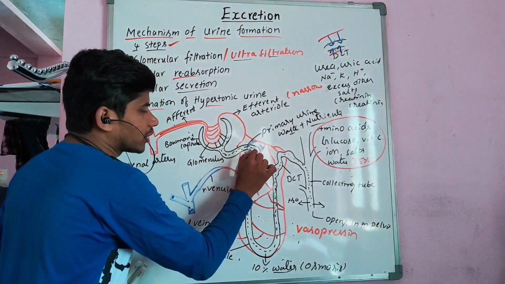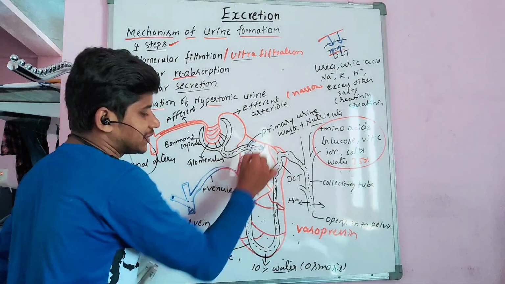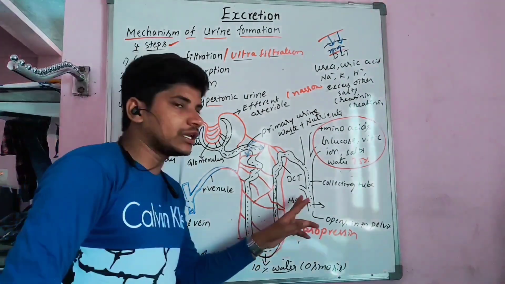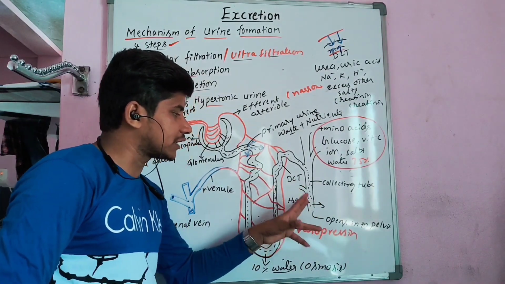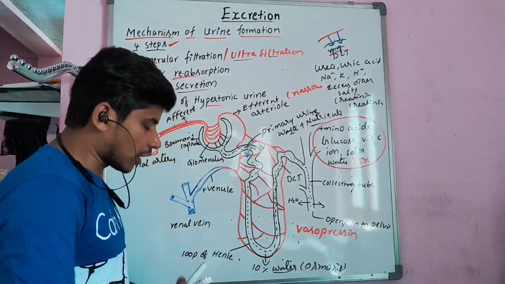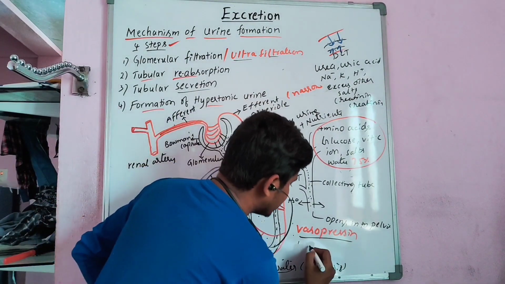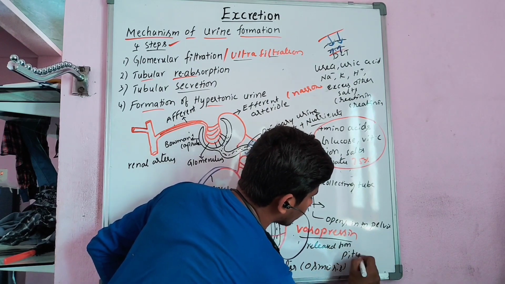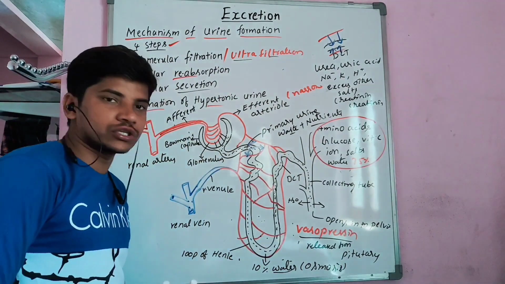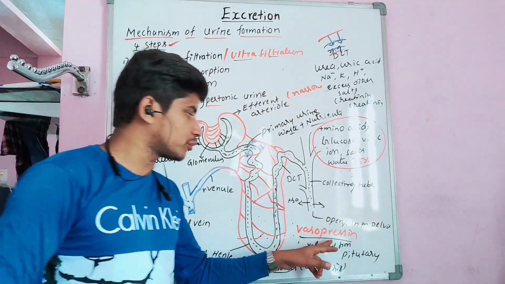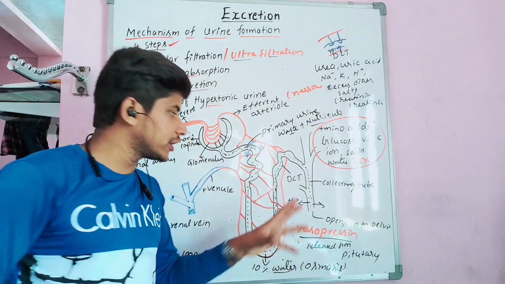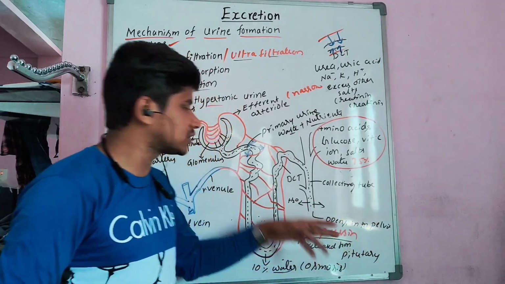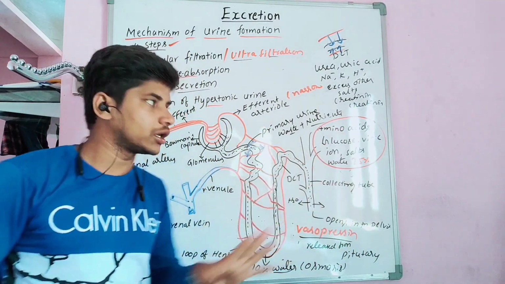To prevent that, 75% of water is reabsorbed at the PCT, 10% of water is reabsorbed at the loop of Henle, and the remaining water is reabsorbed from the interstitial spaces at the collecting tube. Due to the presence of the hormone vasopressin, released from the pituitary gland, which is the master gland in our body. This vasopressin at the collecting tube helps to reabsorb the water. By that we can eliminate only the concentrated urine. From here it opens into the pelvis, pelvis to ureter, ureters to bladder, bladder out through the urethra.